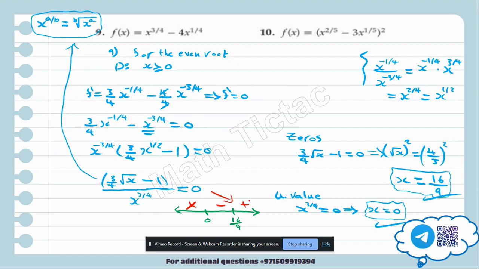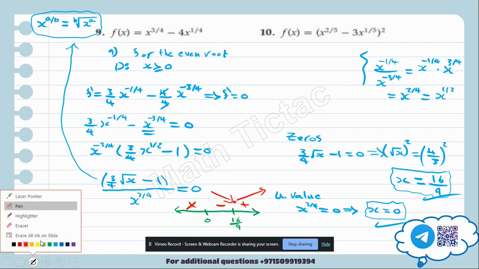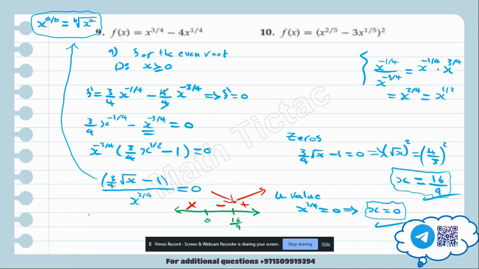So this is downward and this is upward, so we have a local minimum. So I will say I have a local minimum